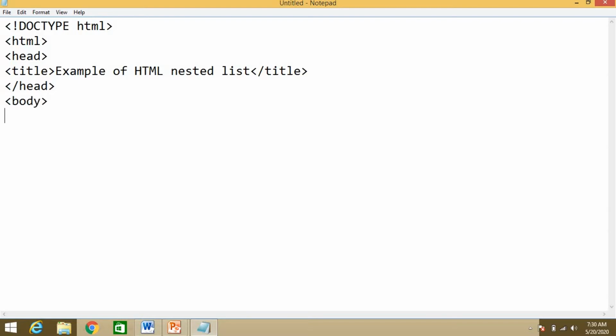write down the things that you want. H3: HTML nested list. Close this H3 tag. Now first I am going to write OL for an ordered list. You need to write the li within the OL.